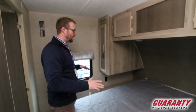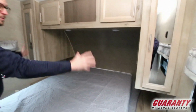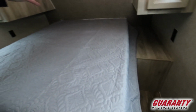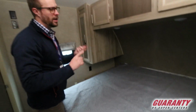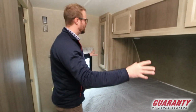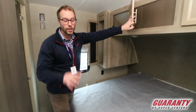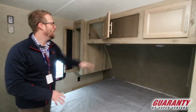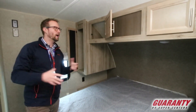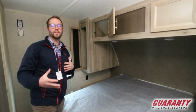So you have your queen size bed. I always like it when the closets don't go all the way down. It leaves you some space on the side for anything you want to have beside you: any CPAP machines, any books, any cell phones, or anything you need at hand. There's plug-ins as well as a ton of closet space and storage here too. Storage underneath the bed as well, and it really makes this entire coach really roomy, and able to accommodate a lot of different people and have a lot of different uses. So it's really